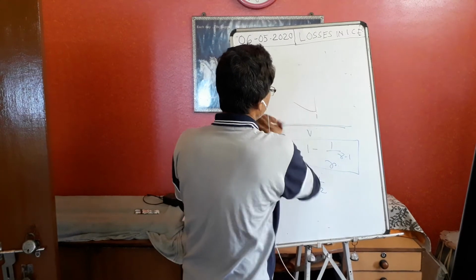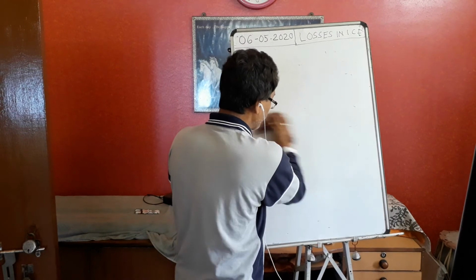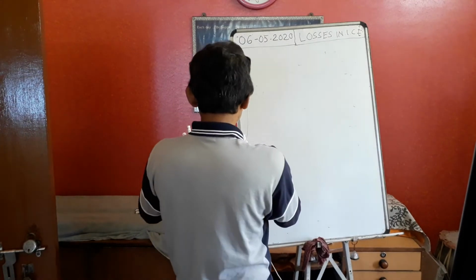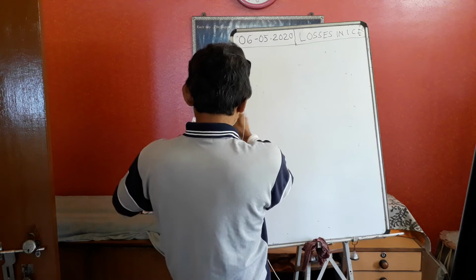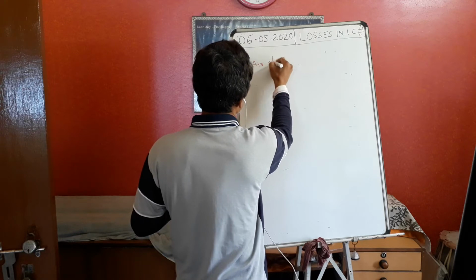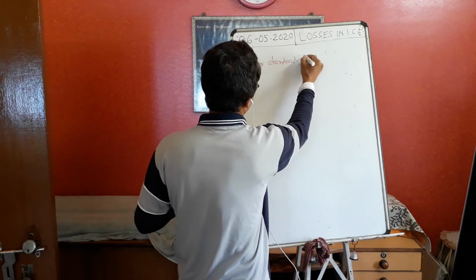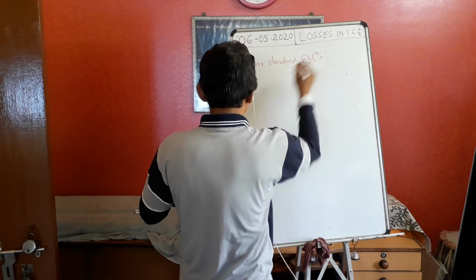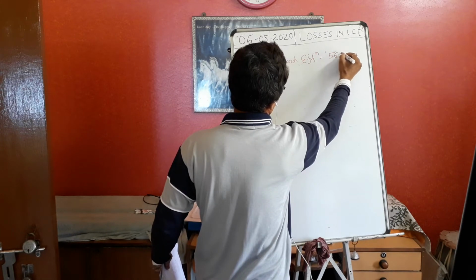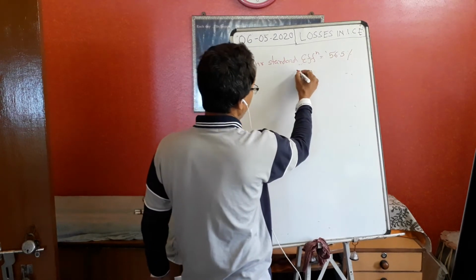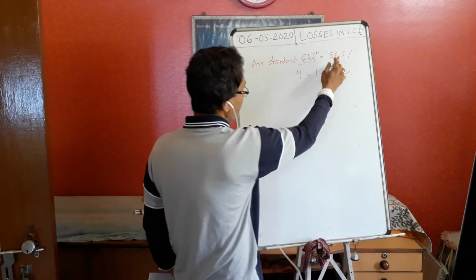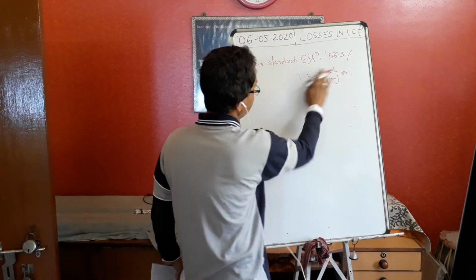So first, as per the second law, the efficiency cannot be more than 100%, it should always be less than 100%. So suppose, in case of air standard efficiency, we will understand the difference. Suppose for an engine this is 56.5%. How does it come? By using this formula, eta is equal to 1 minus 1 by r to the power gamma minus 1, I get the air standard efficiency as 56.5%.